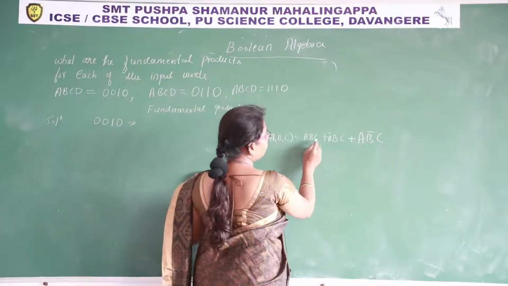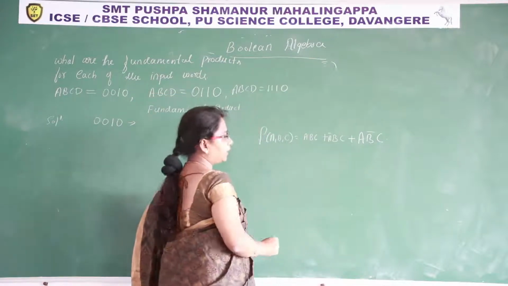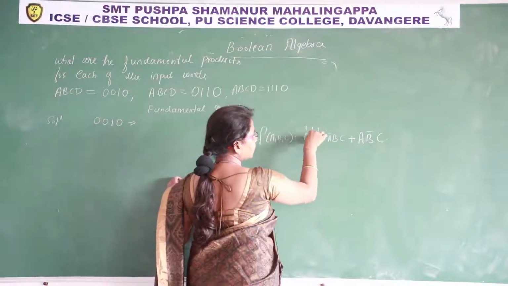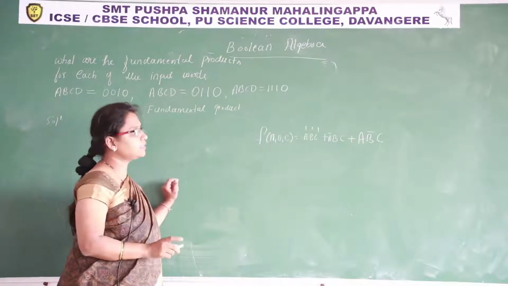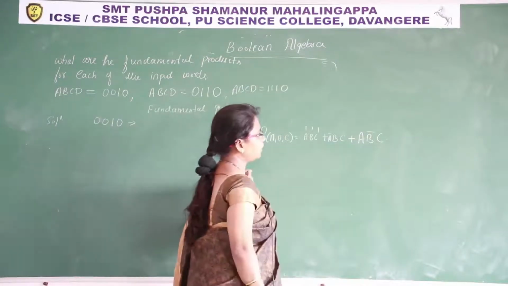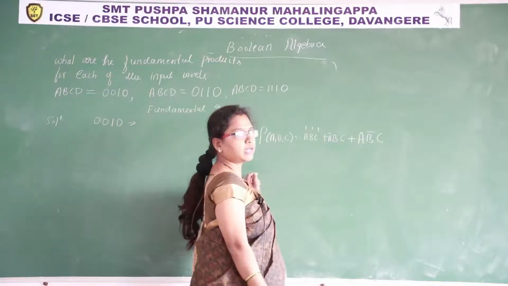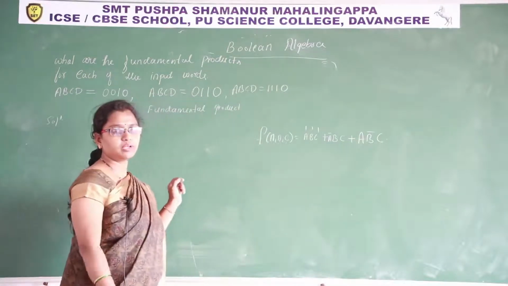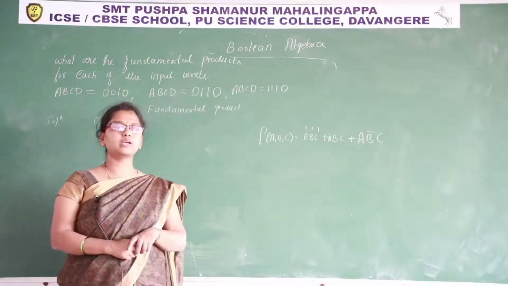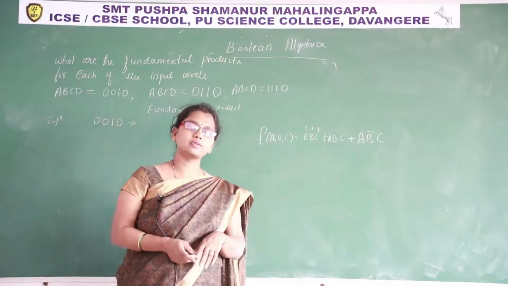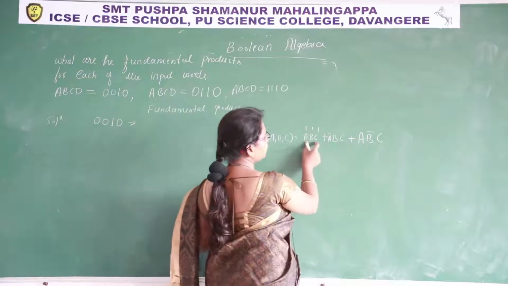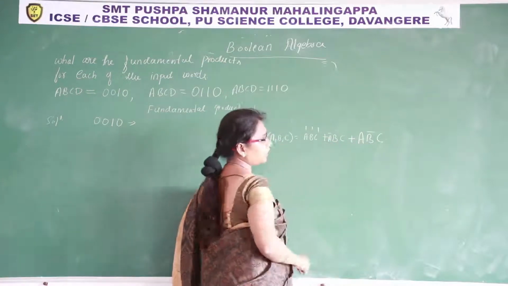Here barred variables get value 0 and unbarred variables get value 1. So what is the value of A, B, C? Every variable can take either 0 or 1, because it is Boolean algebra, here we use only ones and zeros. So at any given time, one variable has only one value. We discussed in the postulates, if x is equal to 1, then x bar is not equal to 1, that is 0. If x is equal to 0, then x bar is 1. So at any given time, we can give only one value to these variables.